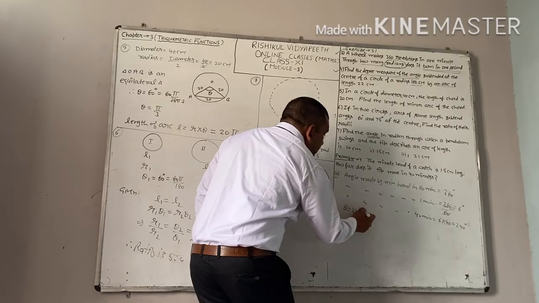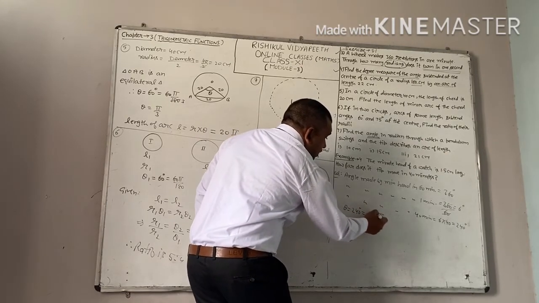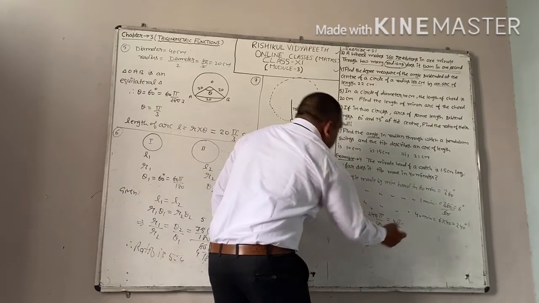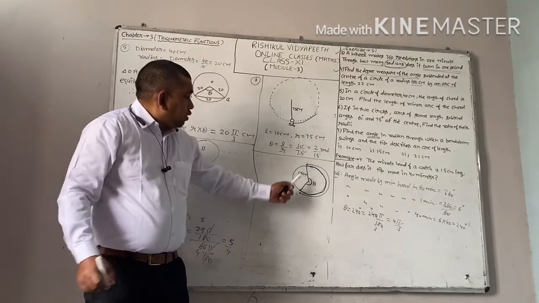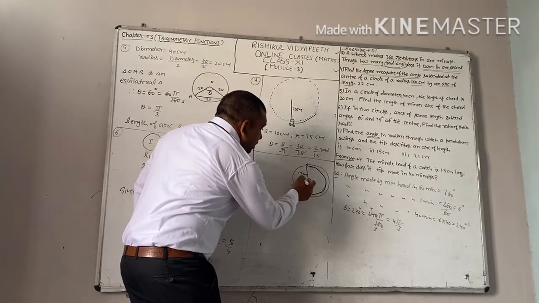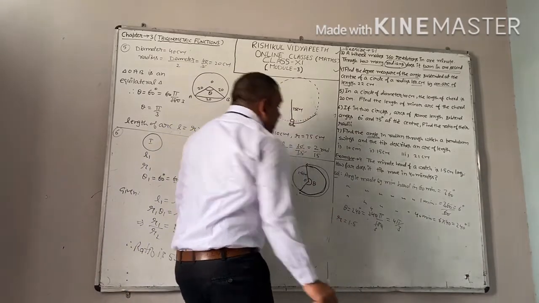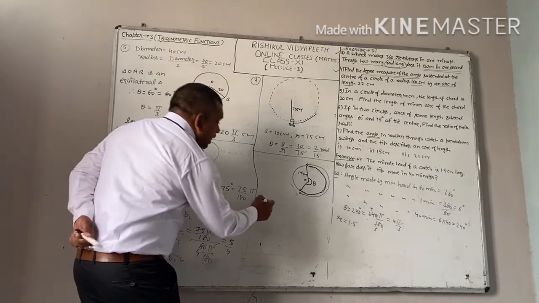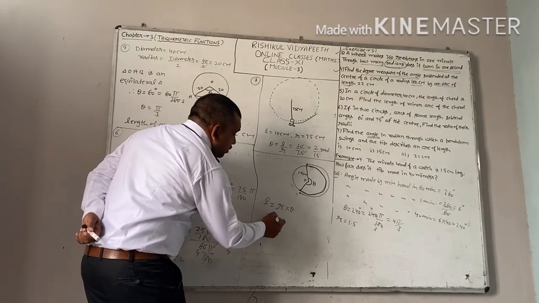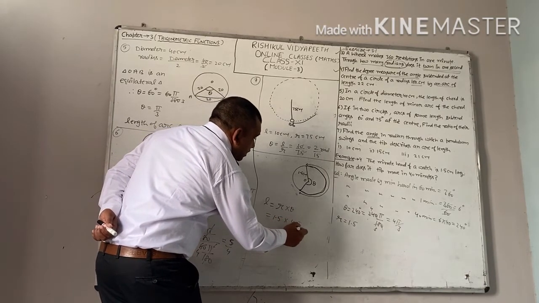Convert it into radian. 240 pi upon 180. Cut it. You will get 4 pi by 3. Theta is 4 pi by 3. This 1.5 centimeter, this is the length of minute hand. This will convert into radius. R is 1.5. You can easily find out length of arc. What is the length of arc? L equal to r into theta. Put up the value. R is 1.5. Theta is 4 pi by 3.